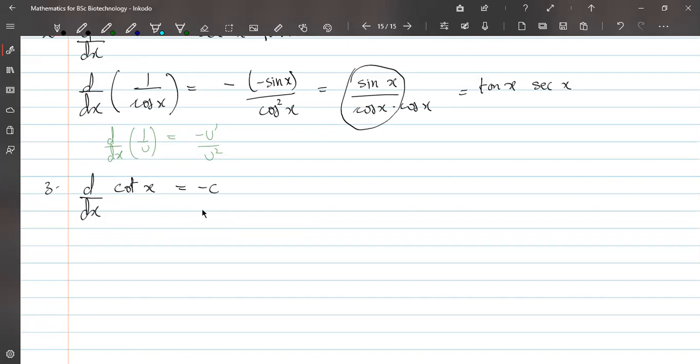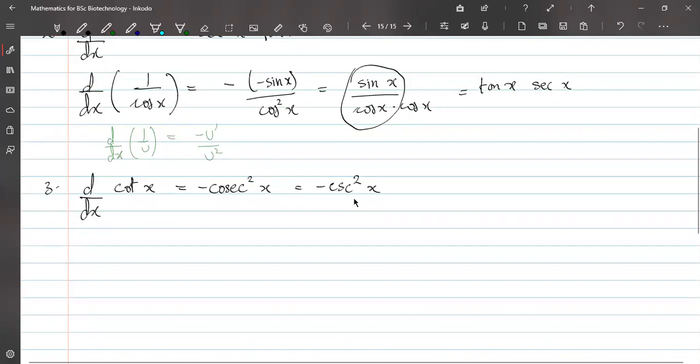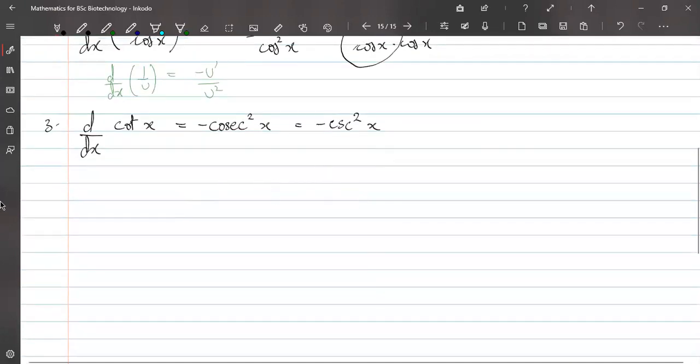You already know it. It is minus cosecant square x. Or another notation for cosecant square is CSC. So minus cosecant square x, more compact notation. And derivative of cosecant x,